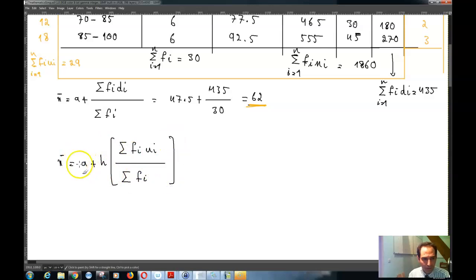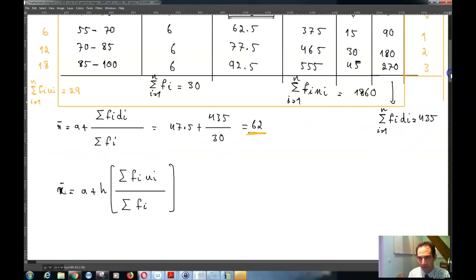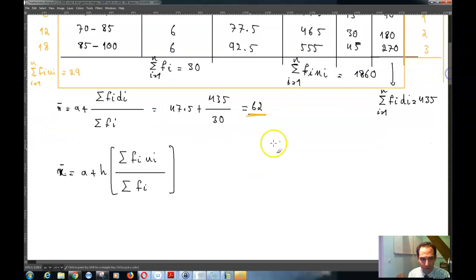So now let's take our assumed mean as again the same number, 47.5. Then x bar is equal to 47.5 plus h times sigma f of i u of i, where h is the class size, which was 15 here, and sigma f of i u of i was calculated here to be